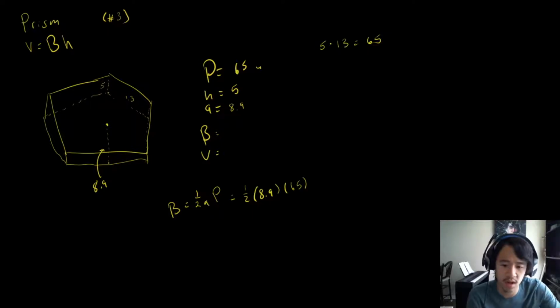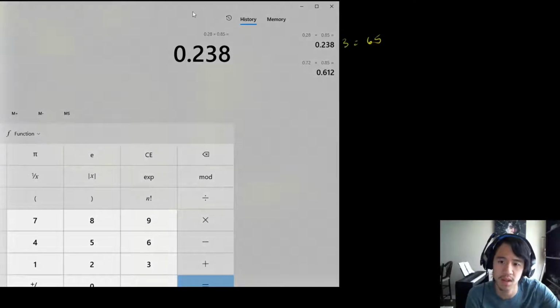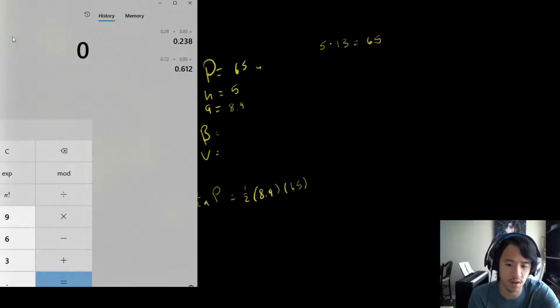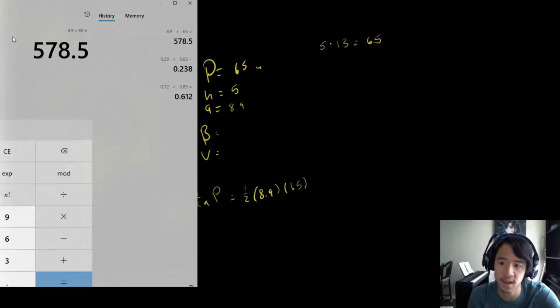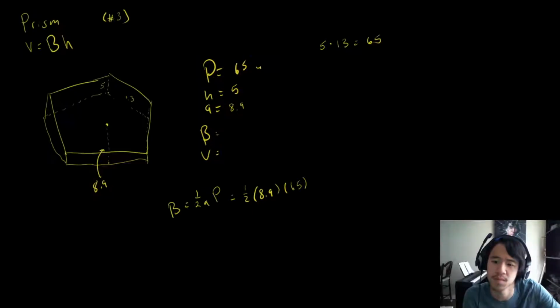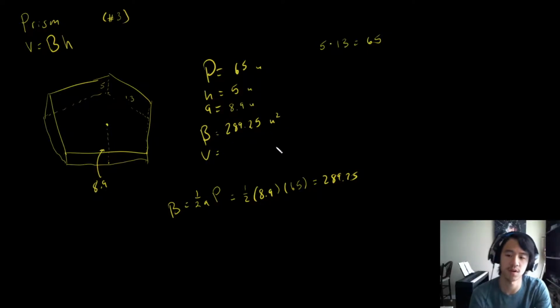So what you're going to want to do is get your calculator out and evaluate this. So we have 8.9 times 65, and then that times 1/2, also known as dividing by 2, and we get 289.25. Let's go ahead and write that down. So this is 289.25. Let's write it down here. I should be putting units here. So this is 5 units, this is units, and this is going to be units squared for the base area